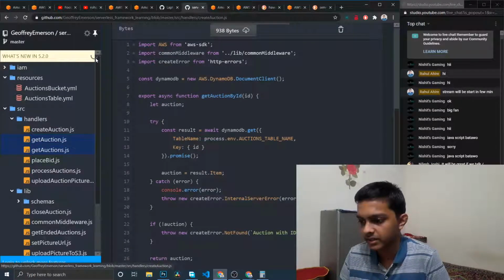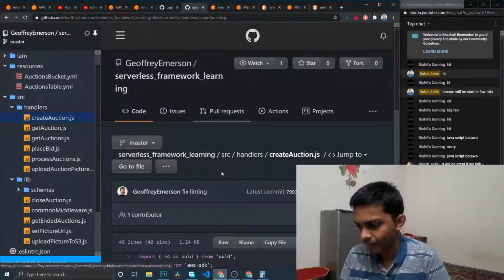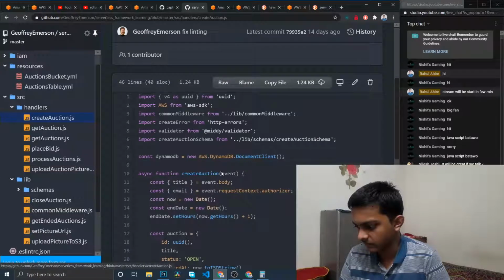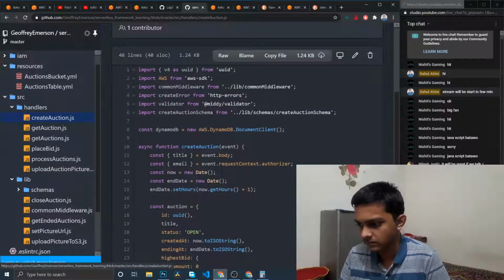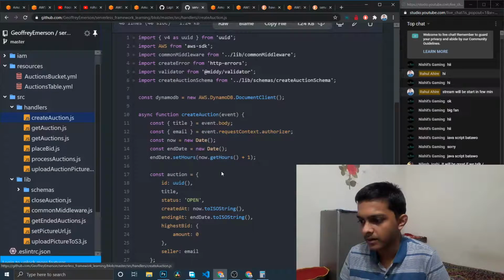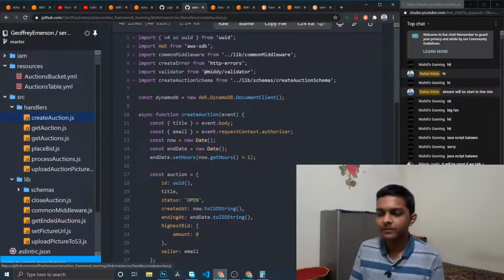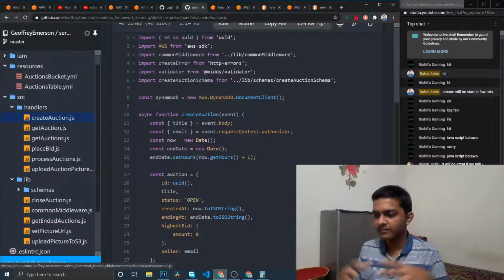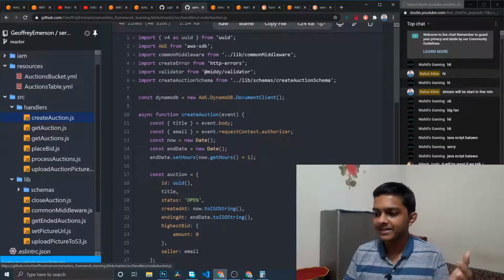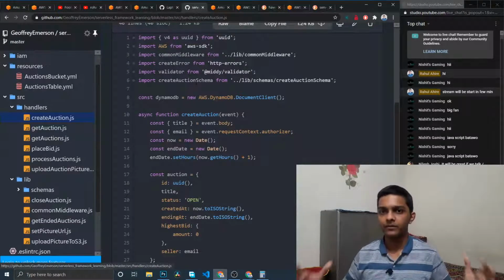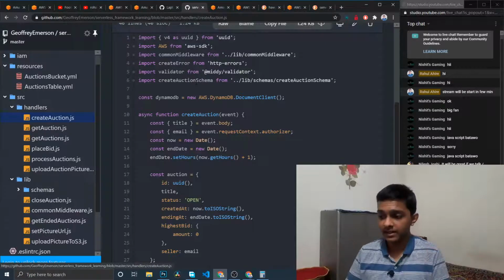It's just loading. Okay, so this is here as well. If you look at it, you can see that there is no Express, no middleware, and nothing else. This is a completely new paradigm, and even I'm currently struggling with it.